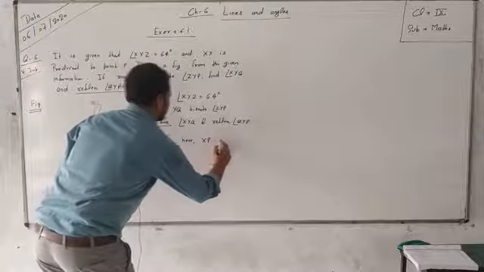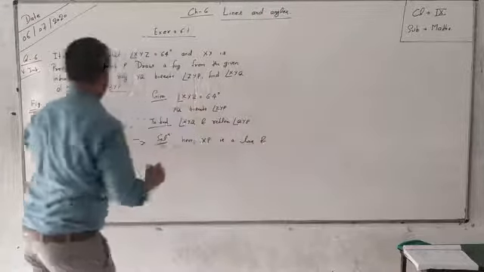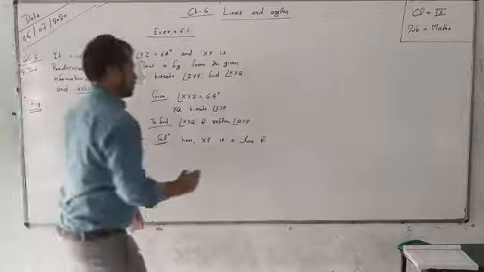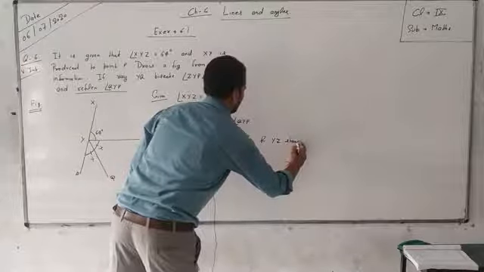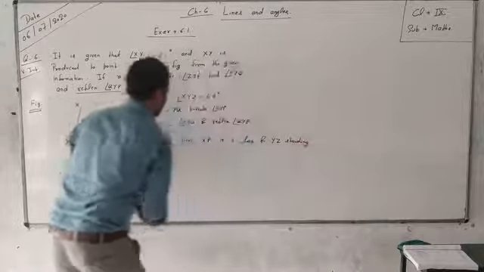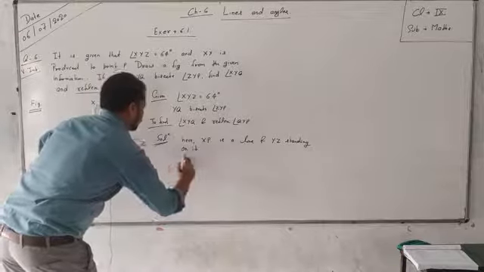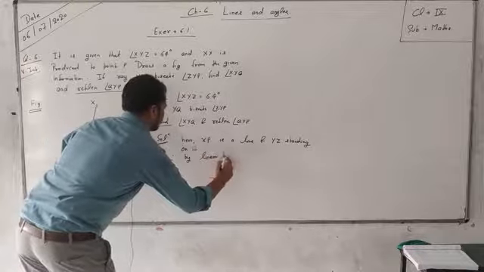XP is a line and YZ is standing on it. Therefore, by what? By linear pair,